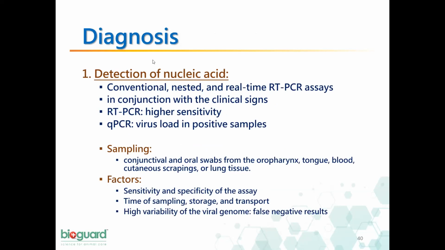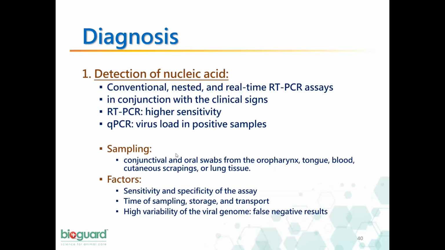So when we talk about the diagnostic methods of feline calicivirus, similar to the feline herpes virus, the first is the PCR, which is the gold standard test, which can detect the nucleic acid of feline calicivirus. Of course, the RT-PCR test has a higher sensitivity. However, the qPCR test will give you quantitative results where you can know the viral load in the